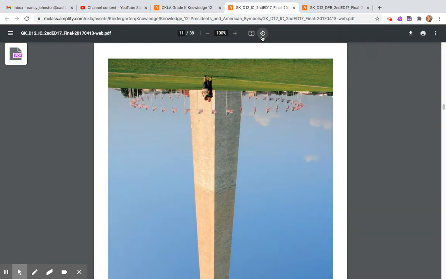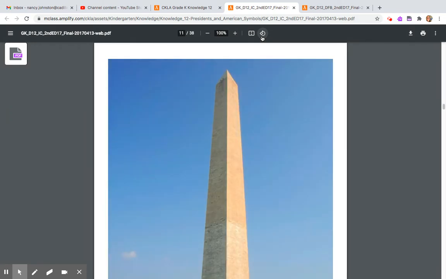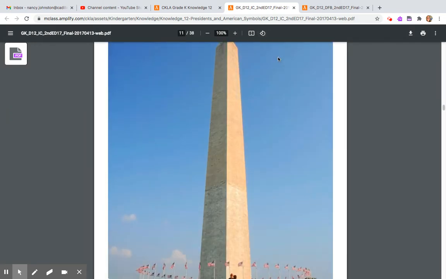Let's get this flipped so you can see. Does anybody know what this building is? It is called the Washington Monument. These structures are also located in Washington, D.C.